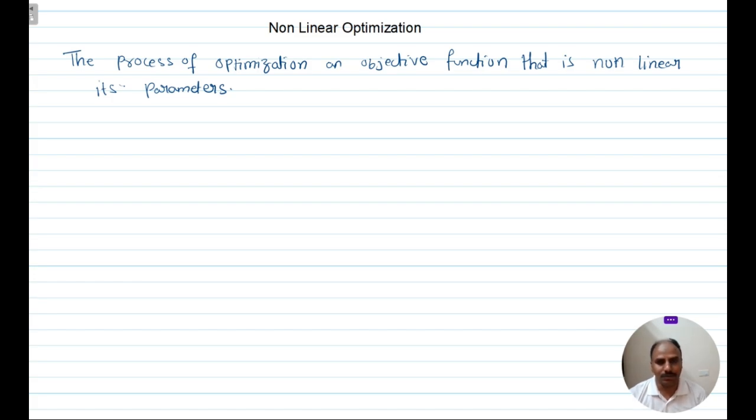In the linear optimization, we used the graphical method, but here in nonlinear optimization, we have to use the gradient descent algorithm. So same way, here I am taking one example. That is,